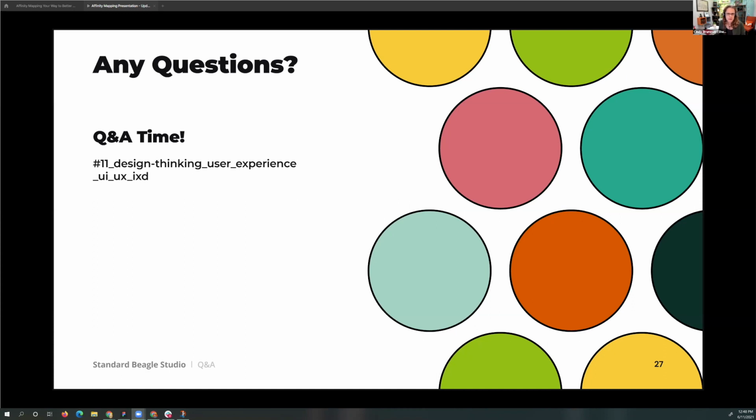Let's see, Sue, did I miss any questions? Okay, here we go. How do you convince stakeholders to do affinity mapping? Well,